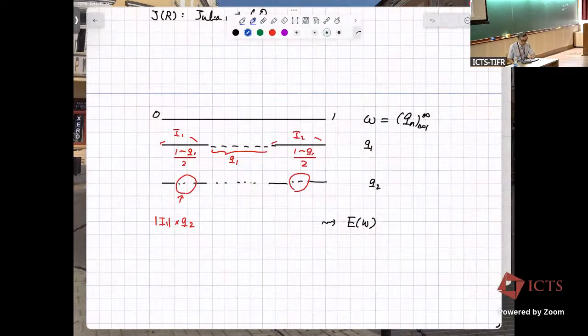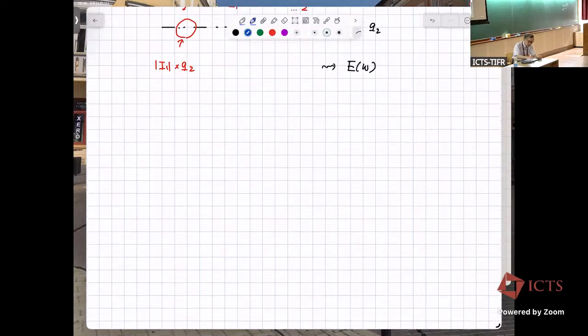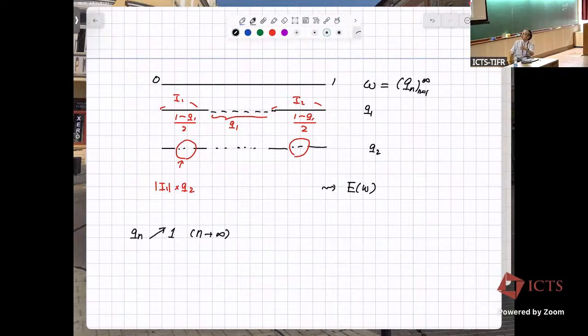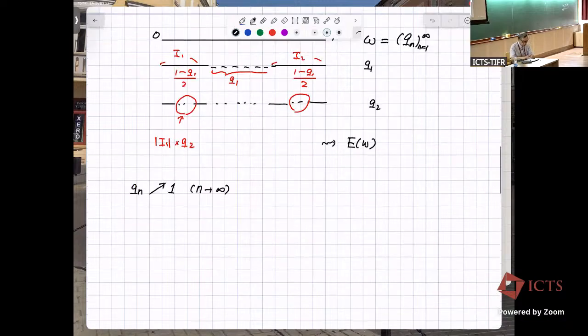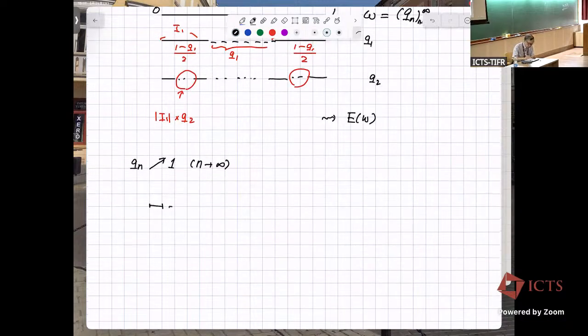It's quite a simple concept. The proof is rather simple, so I will sketch the ideal proof. Suppose that Qn tends to 1, so omega does not belong to omega B. That means, as I said before, Qn is a portion of the removed interval. So Qn tends to 1 means quite small parts remain, right? Here's a Qn. This part is pretty small. So from this picture, you can find